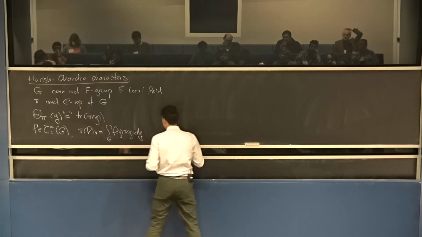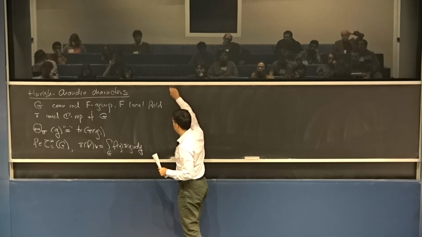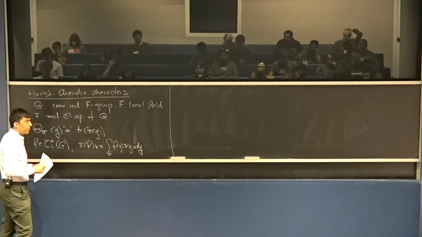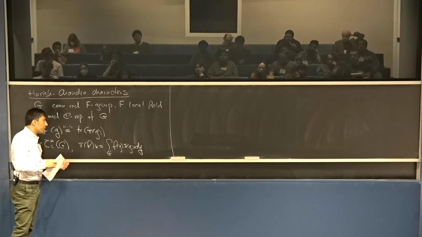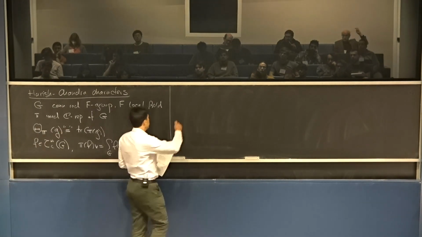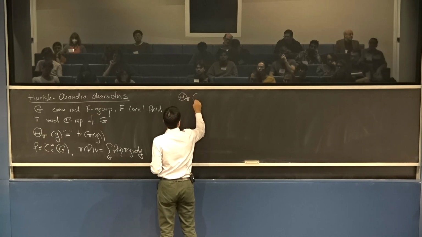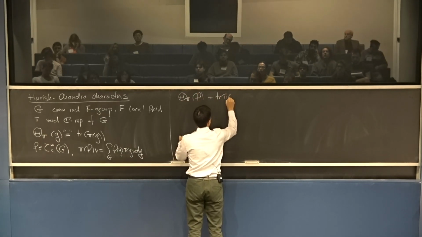Then this operator all of a sudden does have a trace. In fact, over the p-adic numbers, this is the admissibility of the representation, which happens automatically when pi is irreducible. It's automatically admissible. And so this operator even has finite rank. Over the real numbers, it's a little bit more complicated than this, but nonetheless, we can define the Harish Chandra character as a distribution.